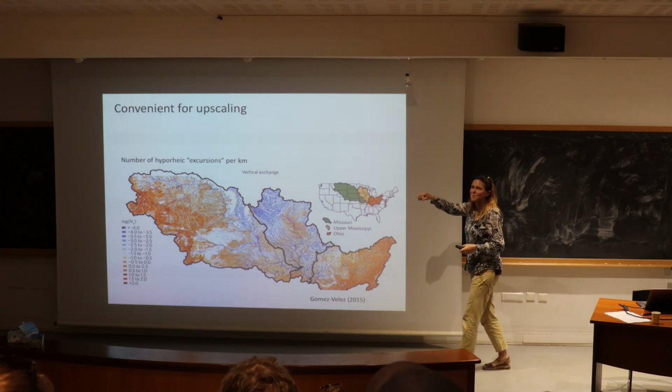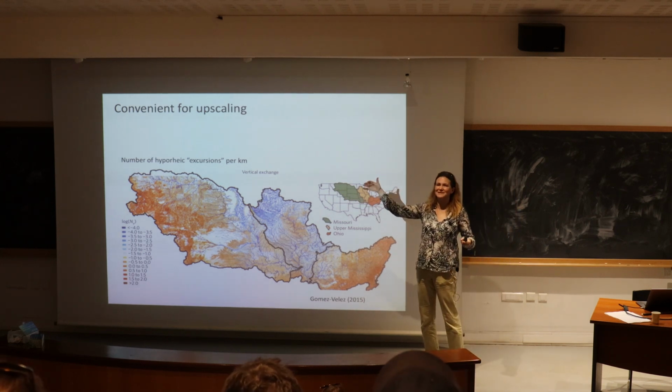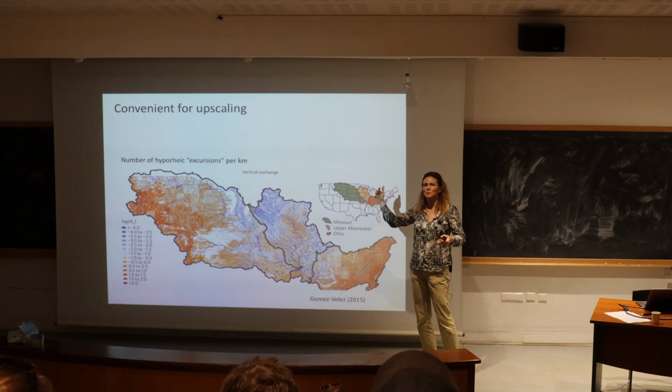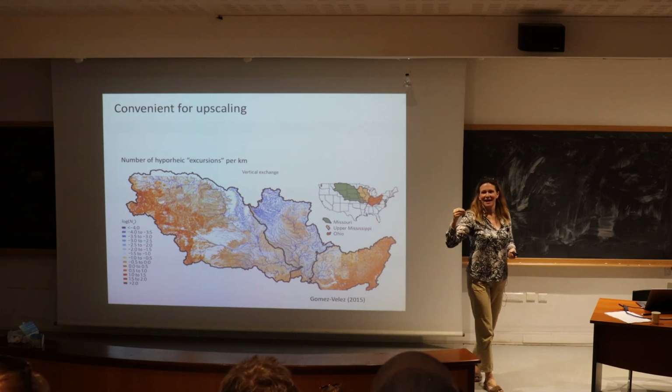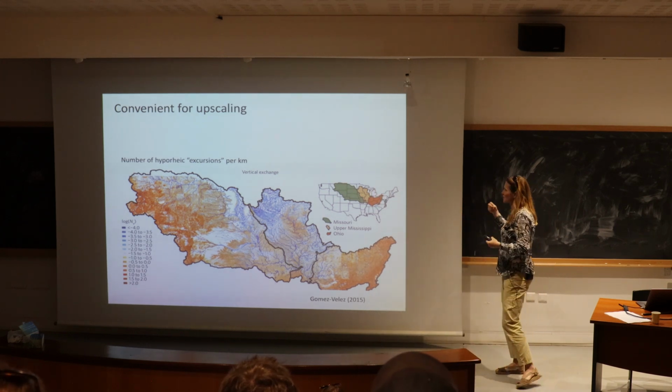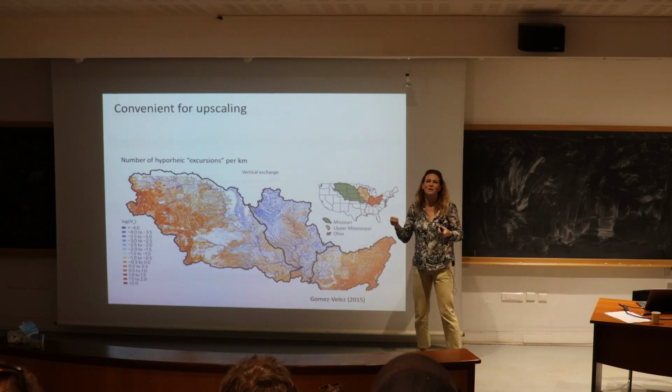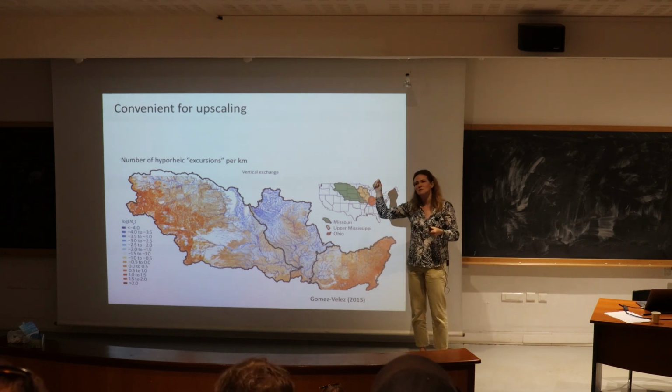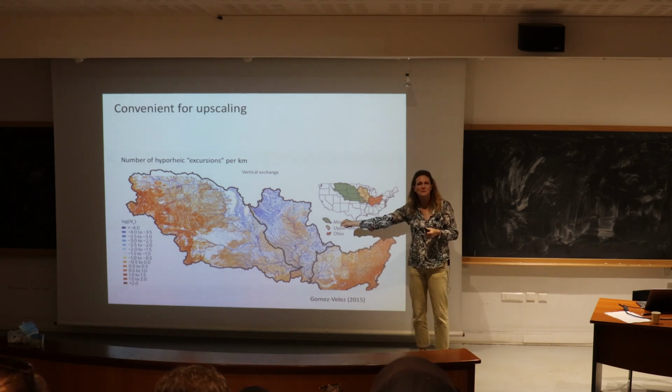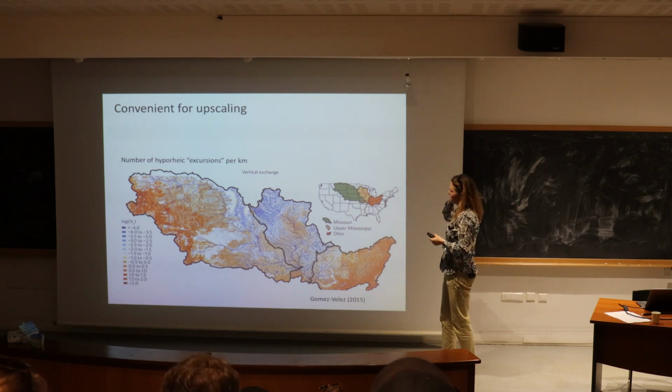So if you were to drop a little bit of a contaminant that doesn't want to break down into a stream and ask yourself, how long is it going to take to move through all of these mobile and immobile zones as it moves downstream? How many skips is it going to take through the hyporheic zone?